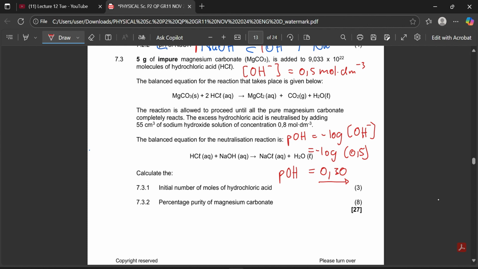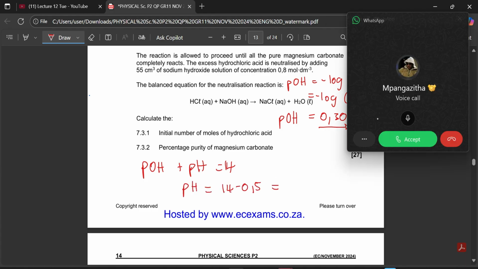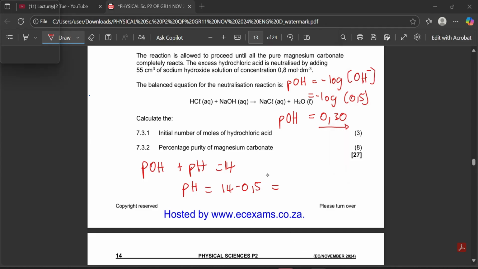So how do I determine my pH? Remember, pOH plus pH is 14. Therefore, my pH will be 14 minus 0.30. Sorry, not 0.5, 0.30. According to my calculator, that gives me an answer of